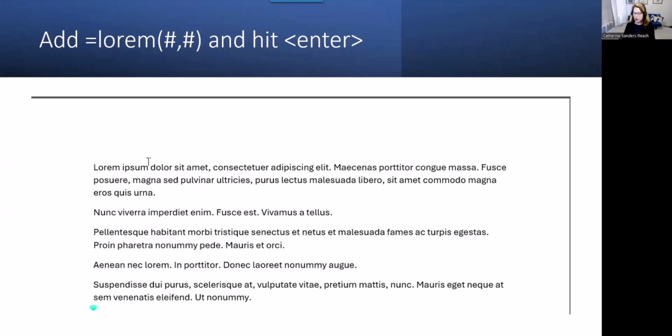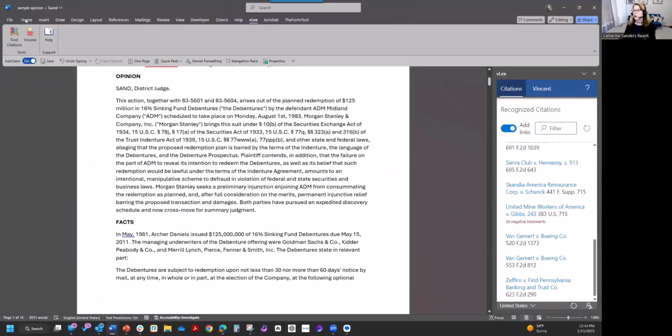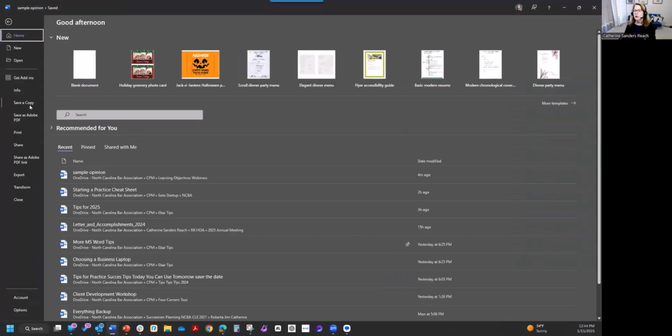So instead of going back to the last document that you put together and copying and pasting, if you want to create a template, say in a particular format for the local rules for a court or your engagement agreement or whatever, you can create templates in Word, just in case you didn't know. I'll show you. When you save your document,